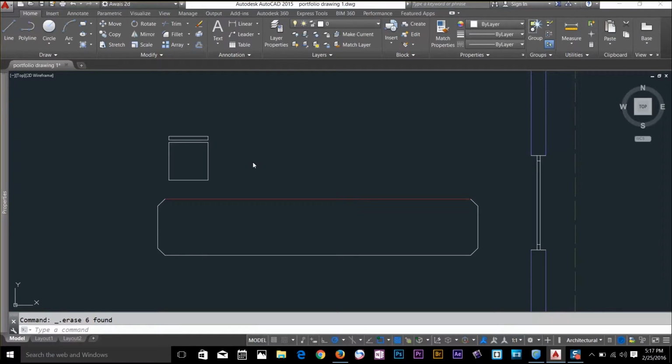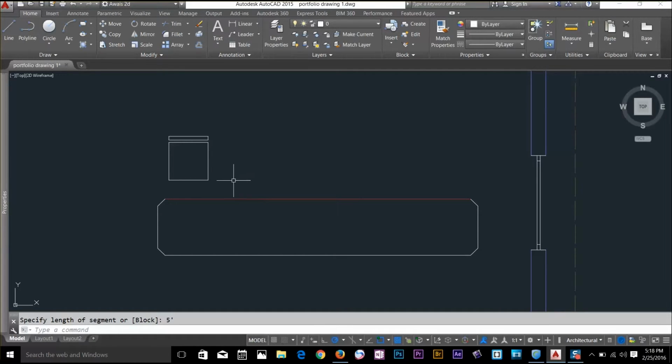The measure command basically lets you set a distance between the objects. So I want to select this line and set a distance. For that, I'm going to select the measure command by typing MEASURE, spacebar, and now it's going to ask me to select the object. So I want to select this line, and now it's going to ask me the length of the segment. So let's say I will type 5 feet, and I press spacebar,